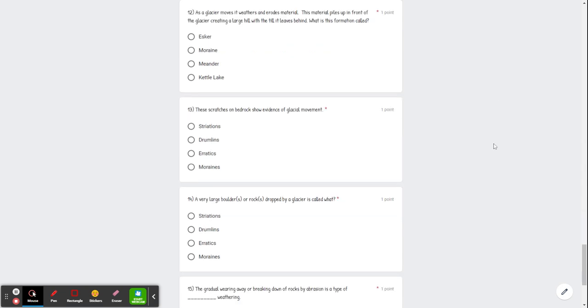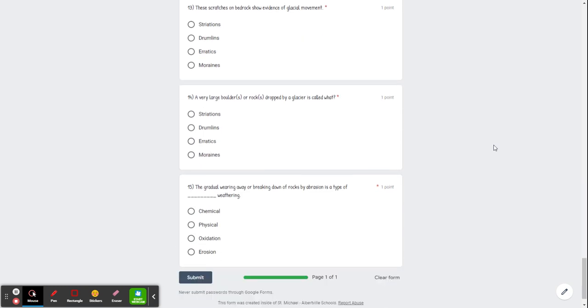Number 13, these scratches on bedrock show evidence of glacial movement. Is that called striations, drumlins, erratics, or moraines? Number 14, a very large boulder or boulders or rocks dropped by a glacier is called what? Striations,